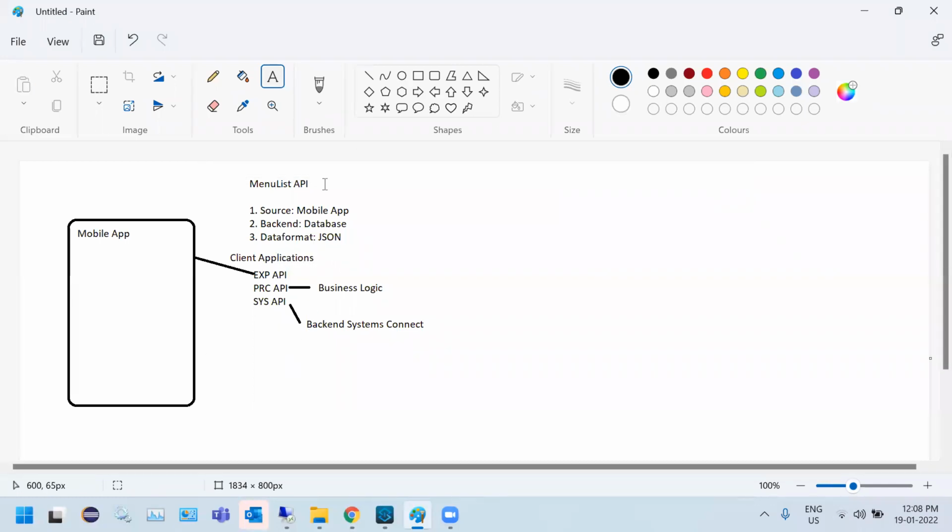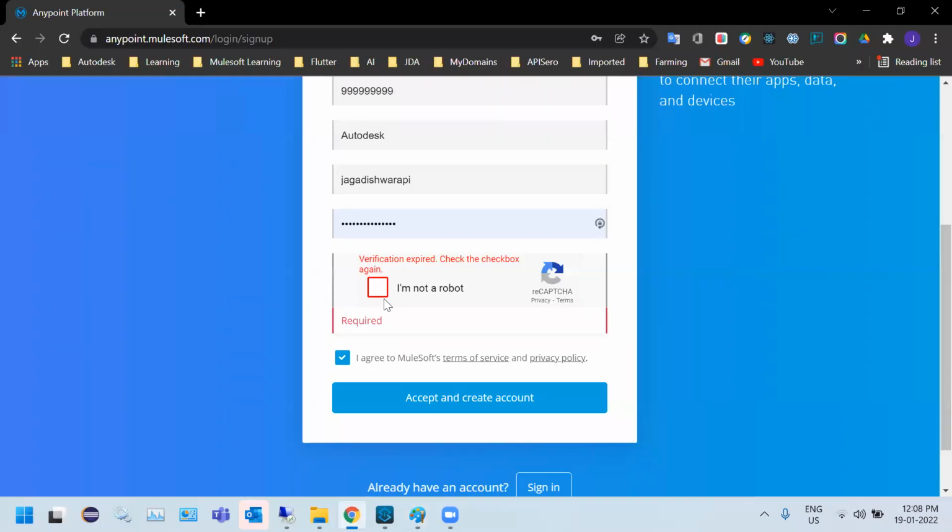Sometimes you might get a requirement only as a short description. In a Jira ticket they'll simply mention these details, saying what you need to build, what the data format is, what the source is, and what the backend system is. They'll give this many details and ask you to get started with development. So before you start with development,